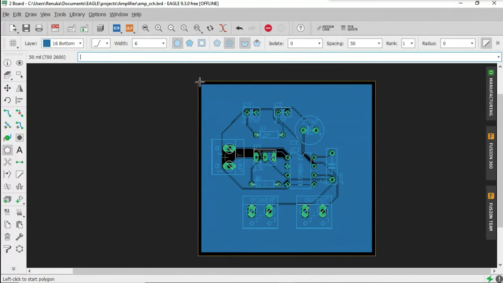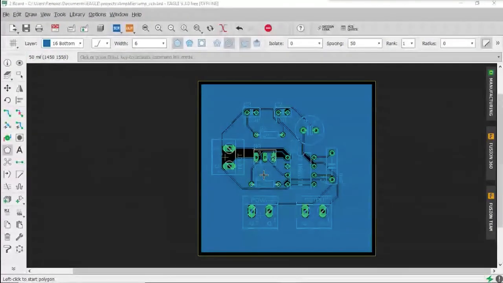As soon as you tap from where you started it, a small window will appear. You need to provide a signal name there. Type ground, that is G and D, and click on OK. After doing that, the next step will be to provide the shortest possible path. To provide that, we use an option called rat's nest. It is just below the polygon. Just click on that. This blue layer will appear. After doing this much, just save the board file.